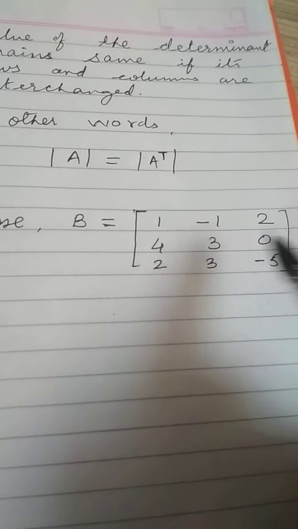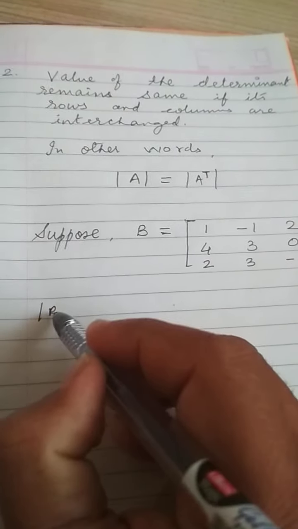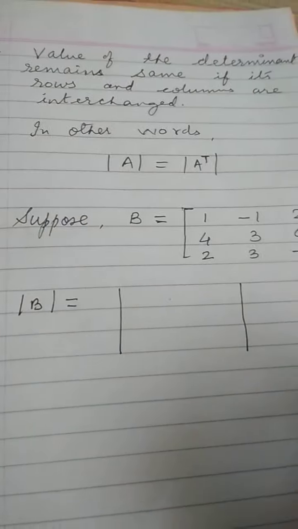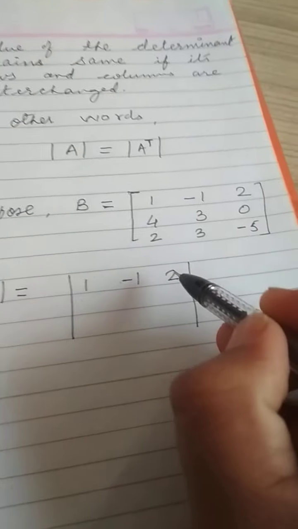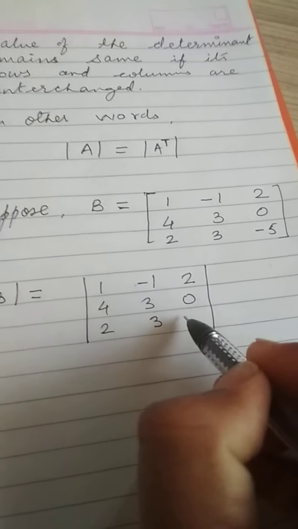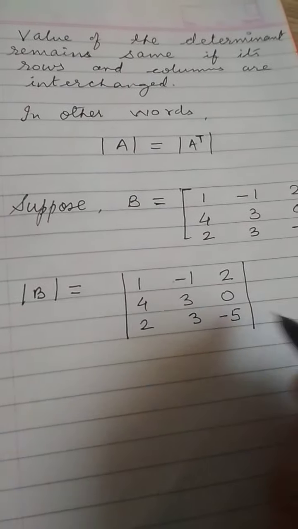So now, if we take a matrix B, suppose 1, -1, 2, 4, 3, 0, 2, 3, -5, and we try to calculate its determinant, then we'll write the two vertical bars. Then we'll write the determinant: 4, 3, 0. Here it is 2, 3, -5. So very clearly we can expand this determinant along any row or any column,